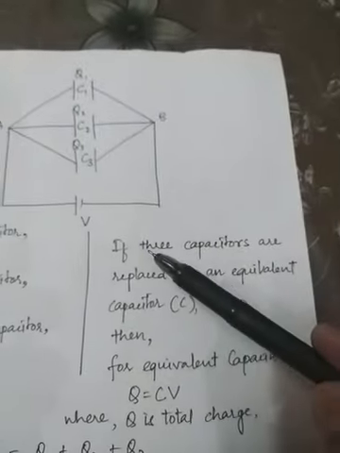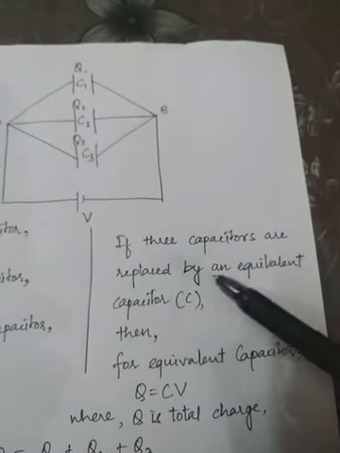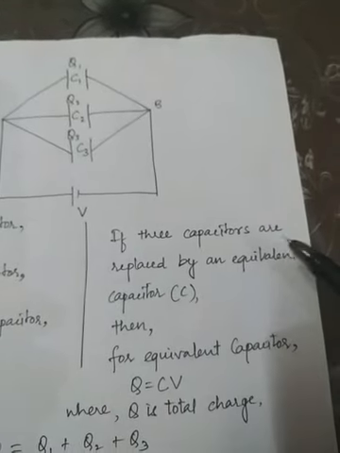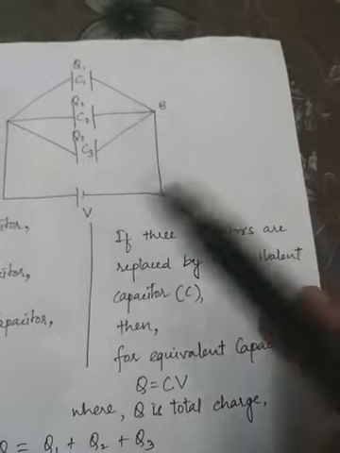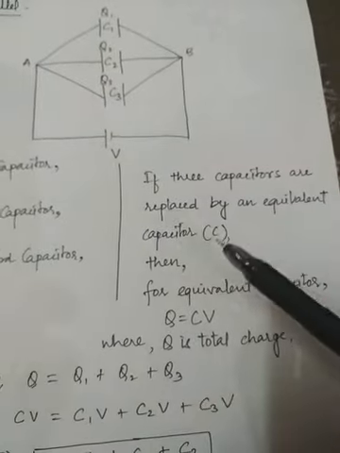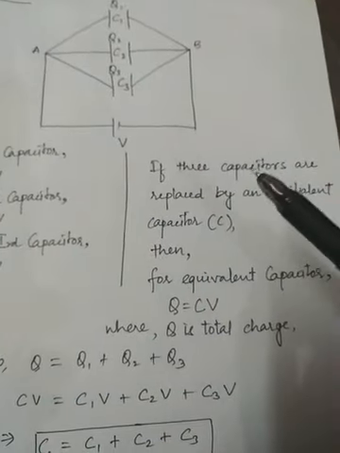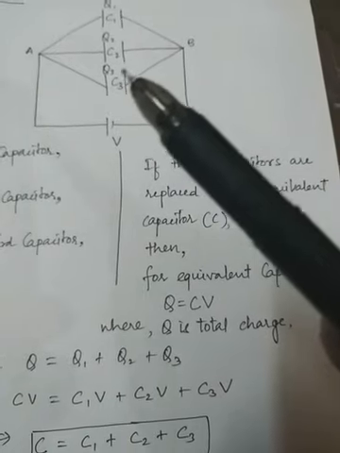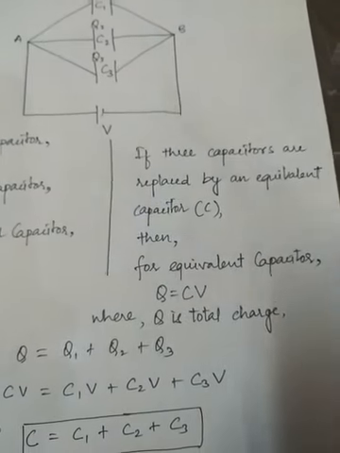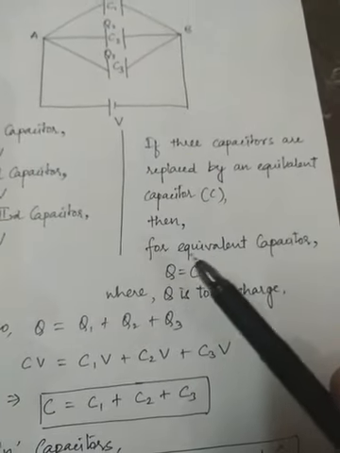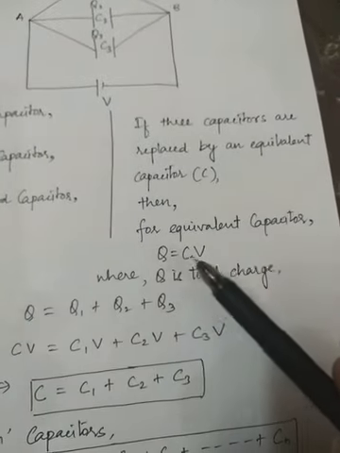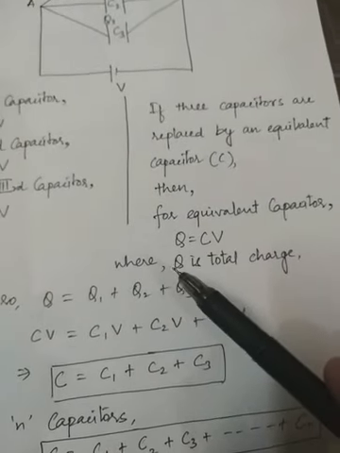Now the same thing, if three capacitors are replaced by an equivalent capacitor. What is an equivalent capacitor? I have told you earlier, which actually holds the same amount of charge which was held by these three capacitors in combination. So for equivalent capacitor we can write Q is equal to CV simply, where Q is the